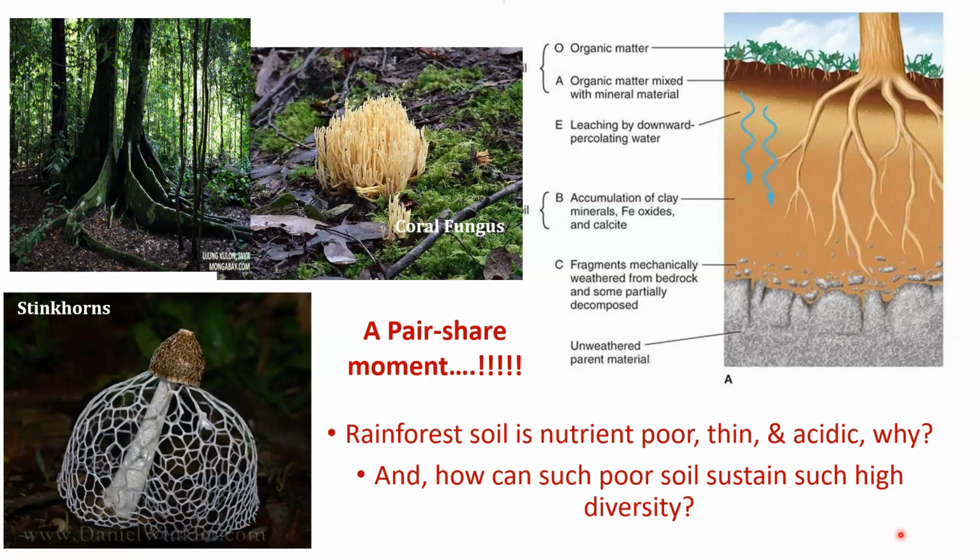Why is it thin? Because the continuous supply of water, rainfall, can lead to a significant level of erosion. So that's why it's quite thin. Nutrient poor. Why? Well, because there is such a lush growth of vegetation. There's a lot of biodiversity. The temperature is high, moisture availability is high, so the metabolic activities are quite fast. The growth is fast. So the nutrients generated on the forest floor are quickly absorbed by the vegetation. So at any given moment, the forest floor is quite nutrient poor, right? So that is actually the answer to the question.